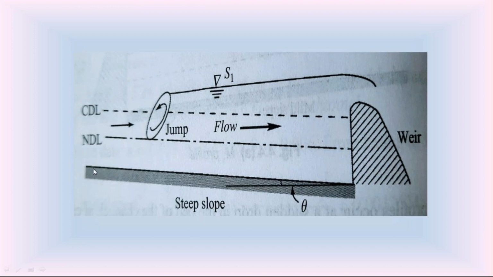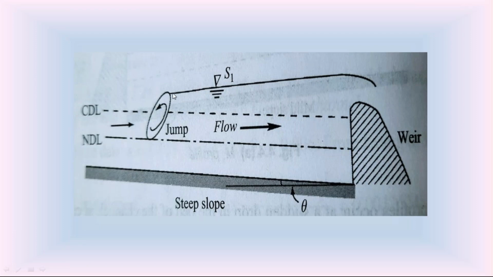Here the channel bottom is a steep channel bottom. So the water surface in that steep channel bottom is called S curve. Due to this weir, the water surface is rising from upstream to downstream. This water surface is in zone 1, above the critical depth and normal depth. So it is an S1 water surface profile. It is a rising water surface profile. So it is called the backwater curve.